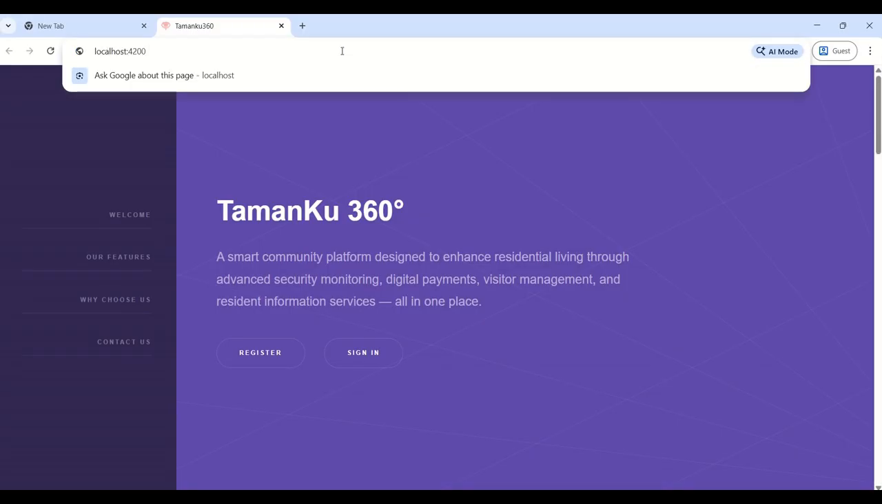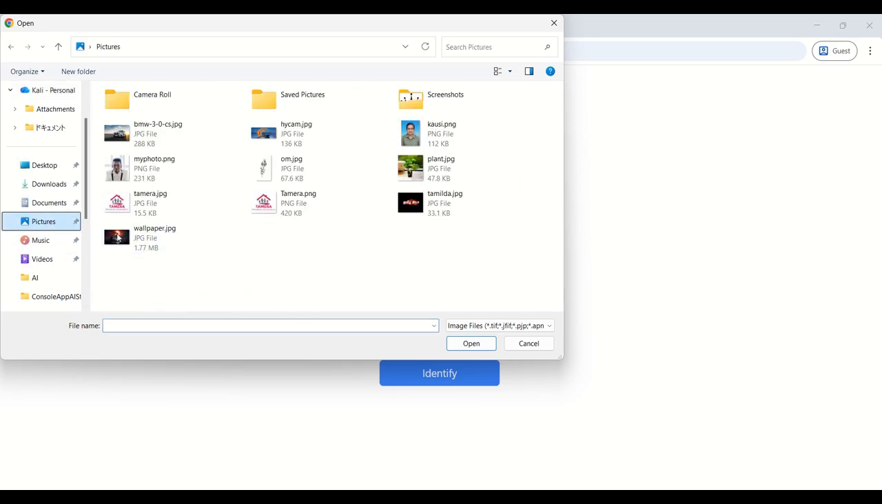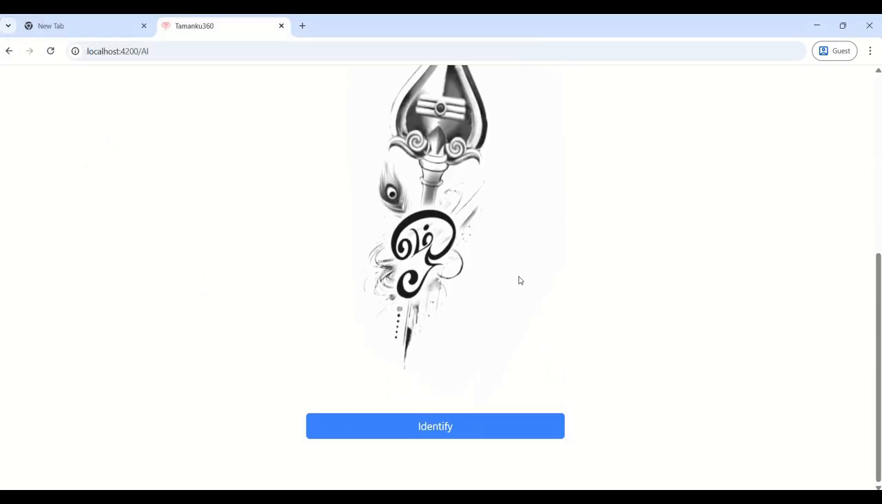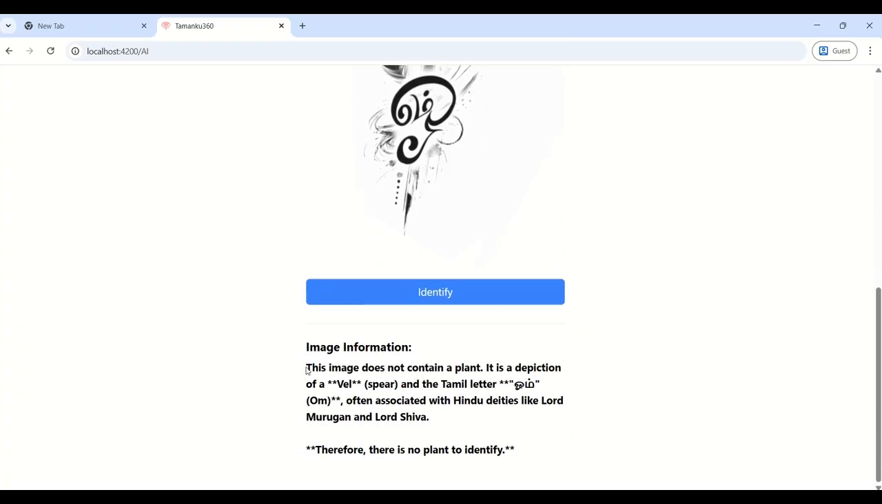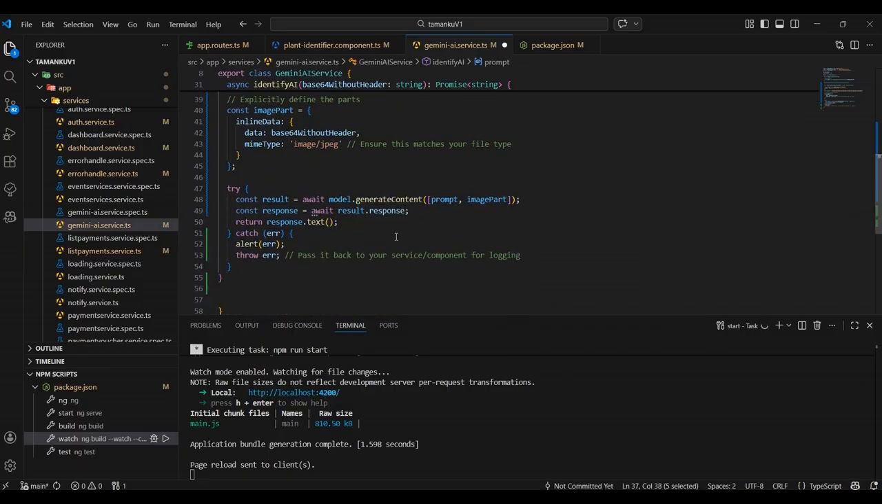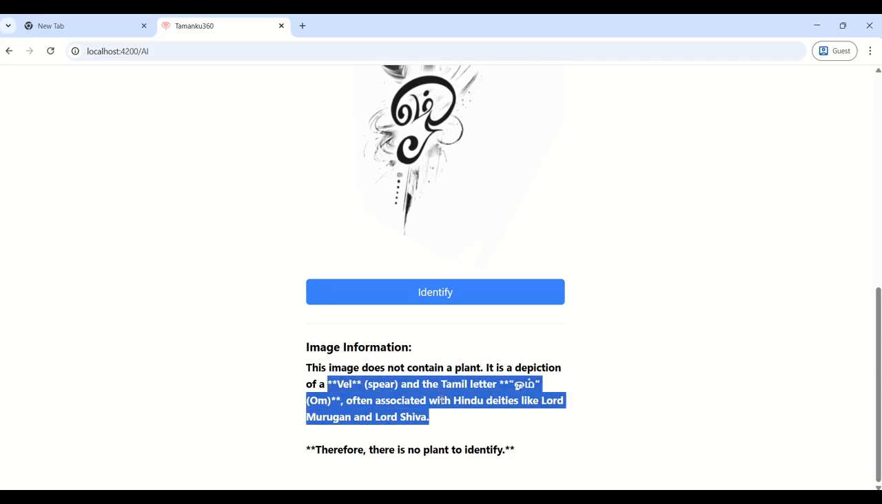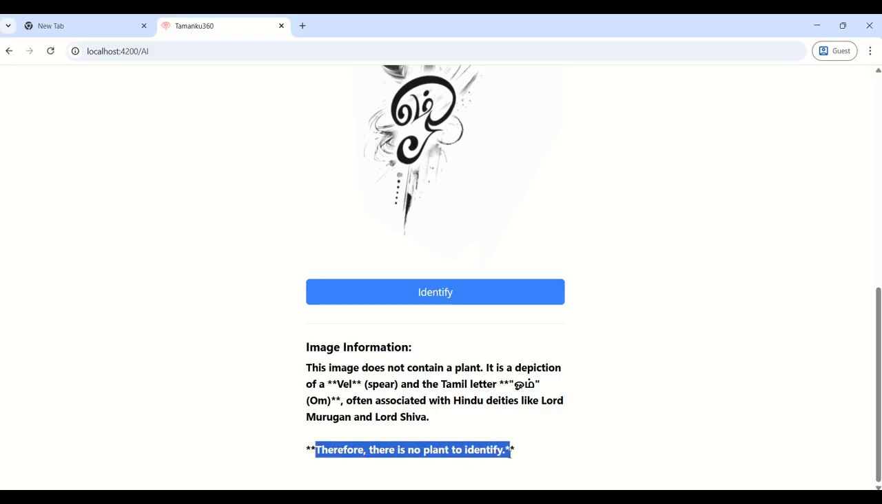Let's change to AI. Let me try with a picture that is not a plant, then identify. You see, the image doesn't contain any plant. This is the important purpose here, the prompt. This prompt we already said identify the plant. So that's the reason: the image does not contain a plant, so it is not sufficient, but it still identifies what the image is showing. Therefore, there's no identification. So in the proper way,